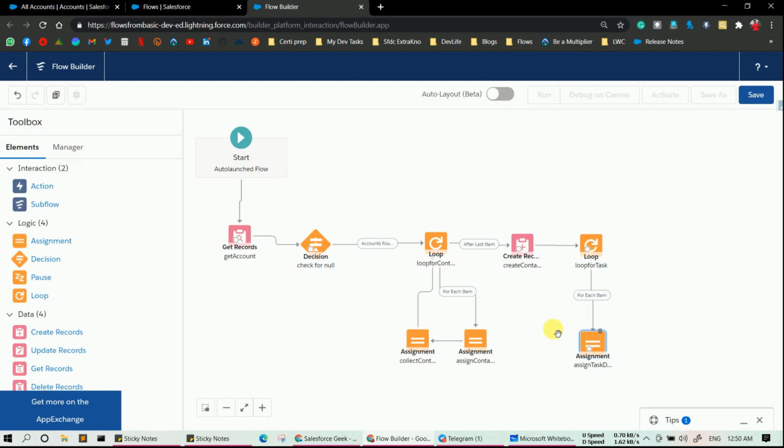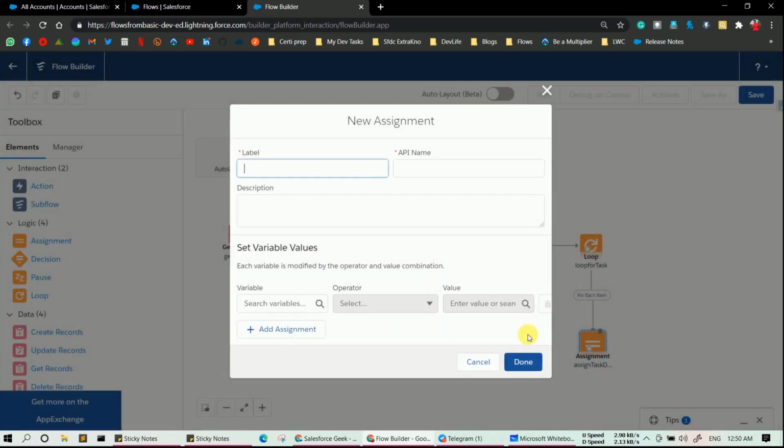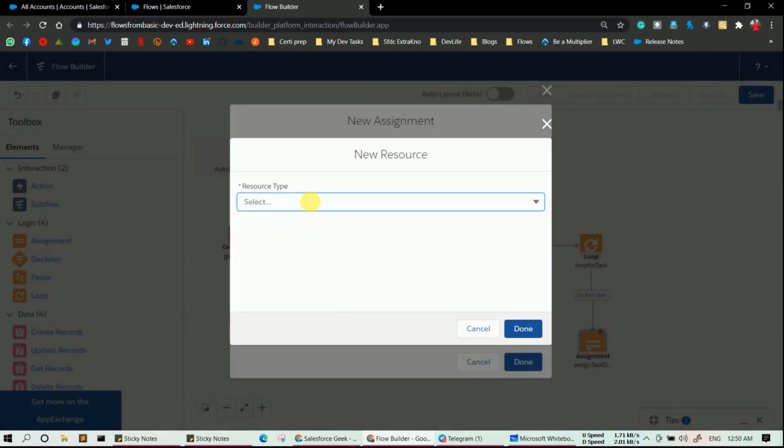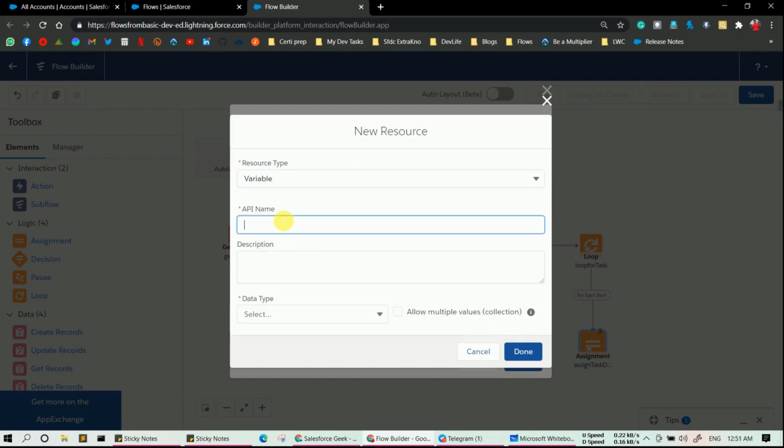and then you need to drag and drop another assignment. So let's say collect tasks. Now again the API name will be automatically populated. Now we have to again create a resource variable, and this time we need to create a record collection variable for storing multiple tasks, as we created in the case of contact. So let's simply click on variable, click on API name.